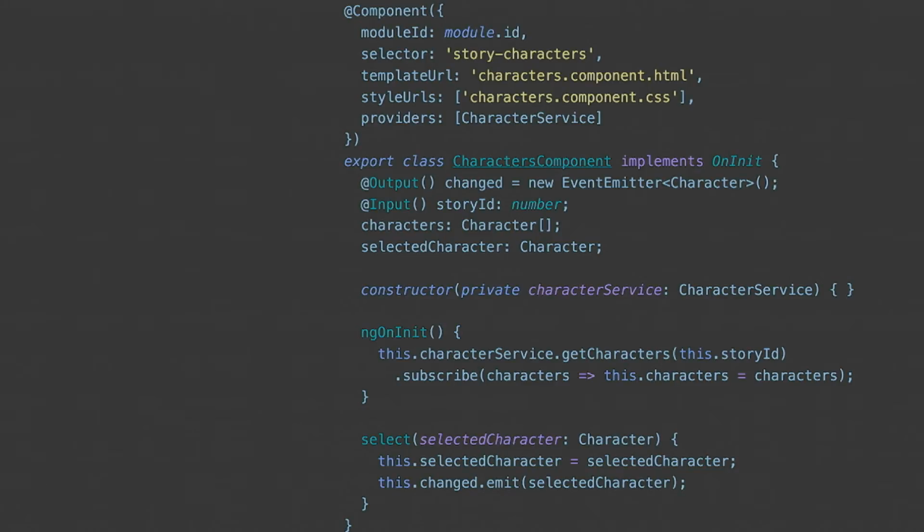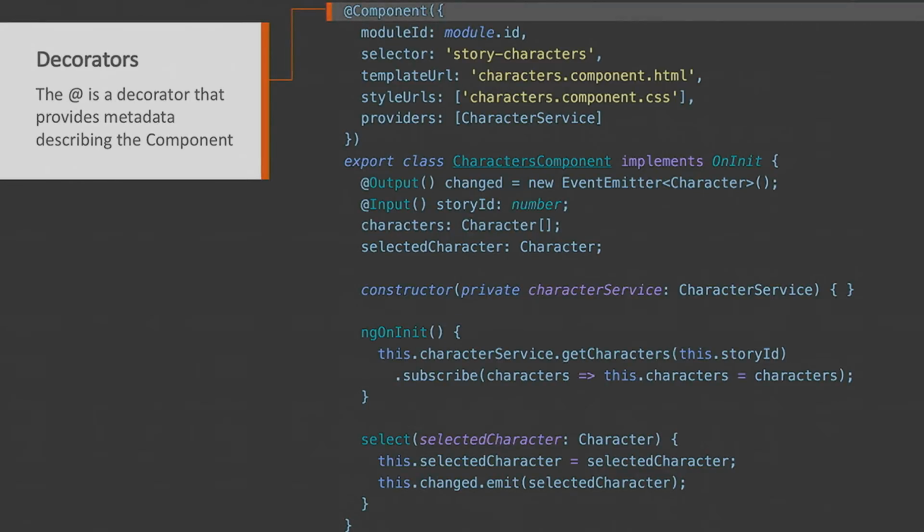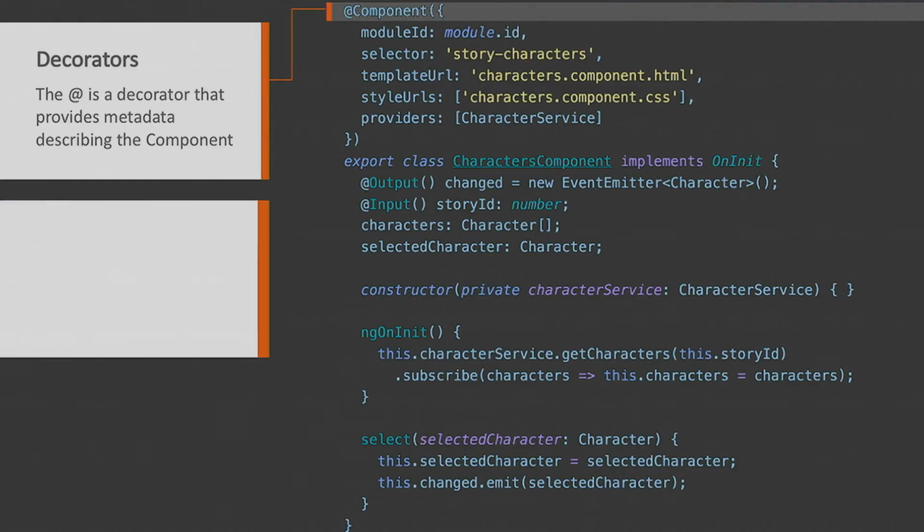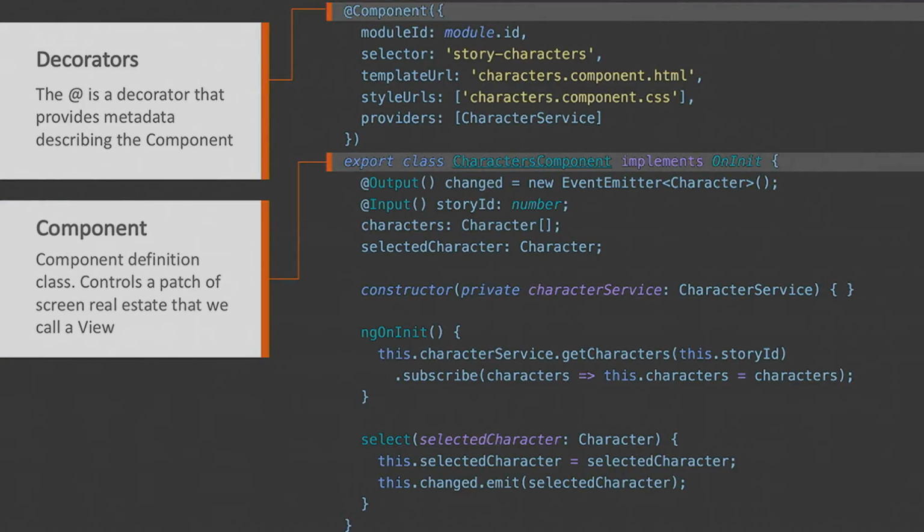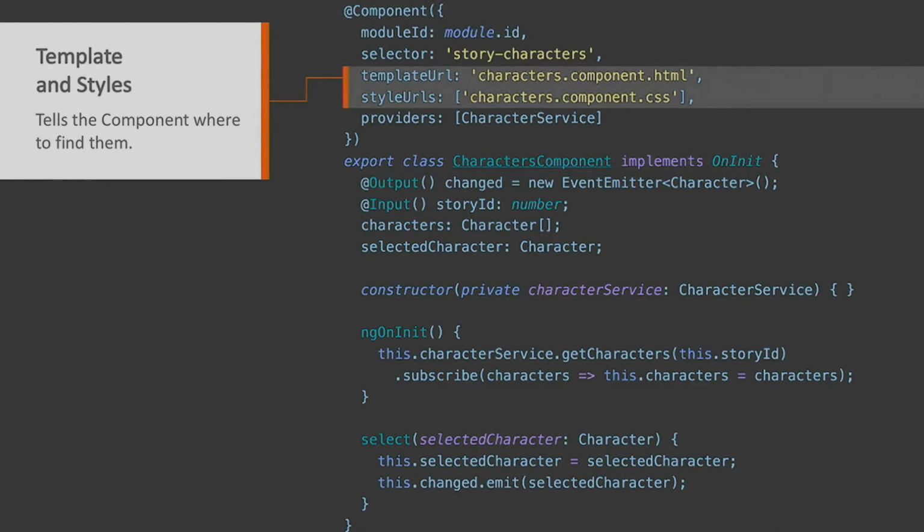So let's take a look at this metadata a little closer. Here's a component which has got a little bit of everything in it. In this component up top, we've got that decorator that I mentioned. The decorator is that @ sign. That's where they got AtScript from, by the way, when they started coming up with that. So the decorator is that place that we define our metadata for our components. And then our component actually begins at the class. It's usually important to export this class. This means that other things in your app can use it. It's like making it publicly accessible inside your application. So that's our class, our component. What else is in here? We can point to our templateUrl and our styleUrls, plural.